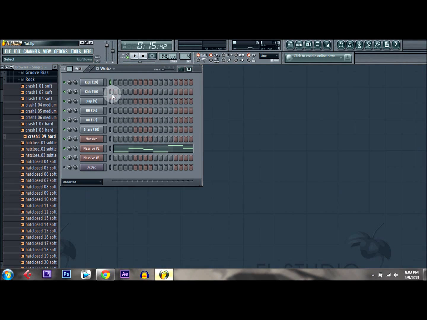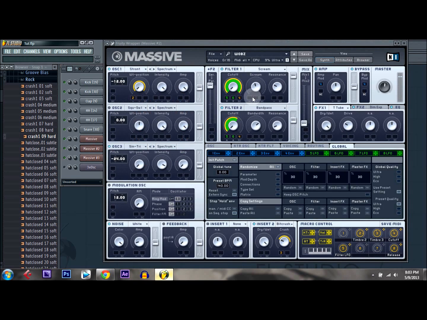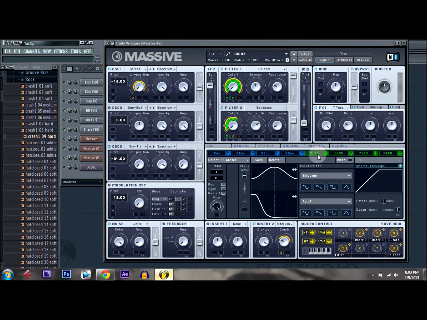We're going to go to our wobble pattern, open up Massive, go to our LFO, our fifth LFO here, and I'm going to do a quick explanation of how this works. Ratio here is 1 note, 8 wobbles. So within the 1 bar here, there's 8 wobbles. It wobbles 8 times. And then you can push this number up to 16, so it'll wobble 16 times, and 24 and 32,